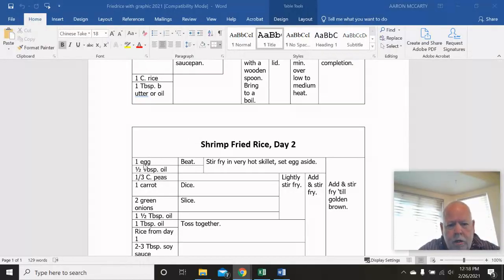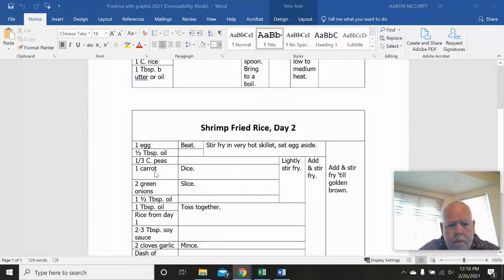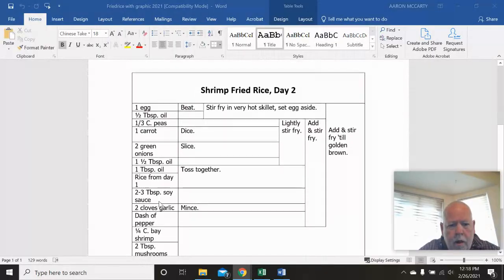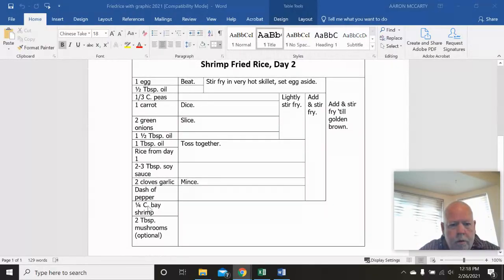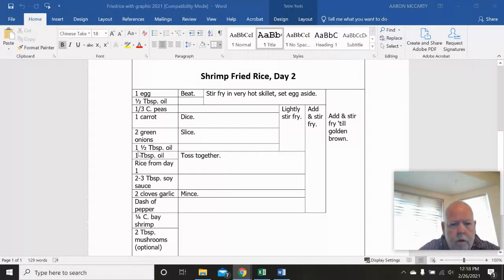Notice how on day 2 we have 1/2 tablespoon of oil, 1 1/2 tablespoons of oil, and somewhere else, 1 tablespoon of oil. That's 3 different oils. When you get to the procedure, I know you're used to me telling you not to